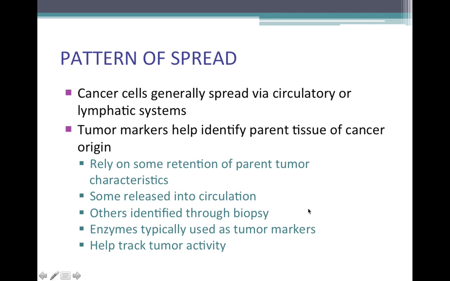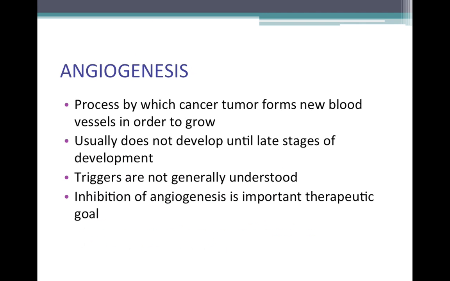Now, the reason why we want to find out where the cancer cells came from is it helps us track tumor activity. So for instance, we might not know immediately whether or not a tumor is metastatic if you find a tumor in someone's lung. However, if you do a lung biopsy and you find that those cells growing in the lung are expressing genes that are consistent with cells of the skin, then you can understand, okay, that's stage 4 skin cancer, where now skin cells have spread or disseminated to other organs of the body.